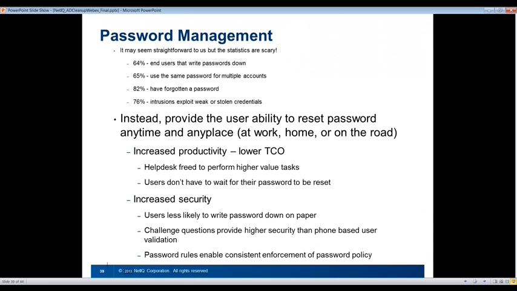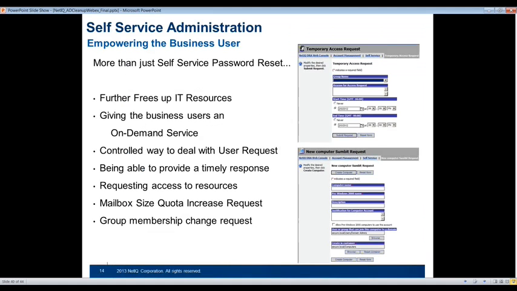So you are empowering the user. Further to empowering the user with basic requirements like password management, you can start to empower them with further processes. Things like temporary access requests that we've already talked about, things like new computers, and we also touched on the ability to allow a manager, for example, to request a new user account for a new team member that he's got joining. So they're just examples of further self-service requests,